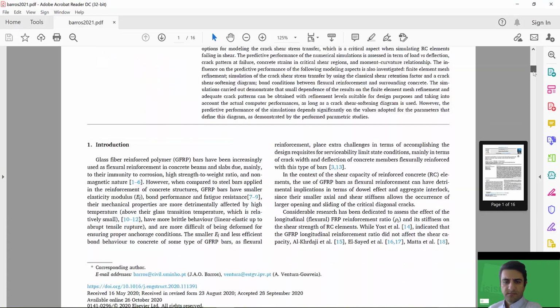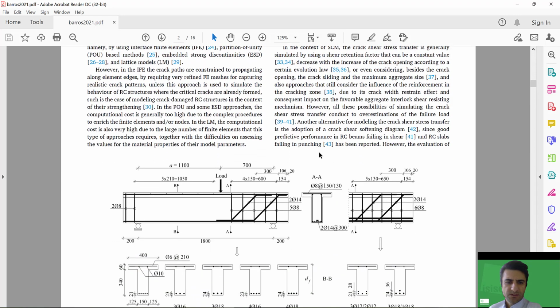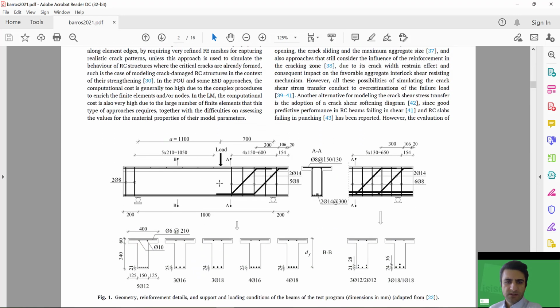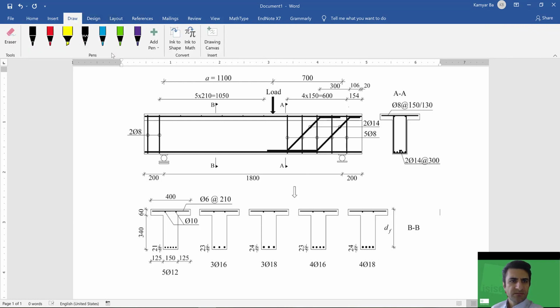First, I'm going to check the geometry of the beam. This is the geometry of the beam. It contains several beams. I have the beams here. I want to choose one of these beams. I want to select this beam,